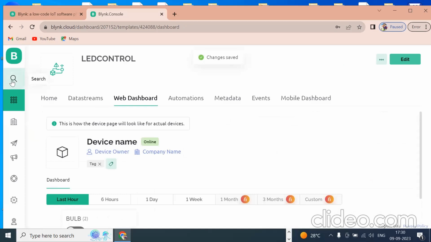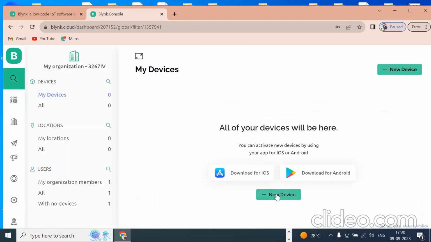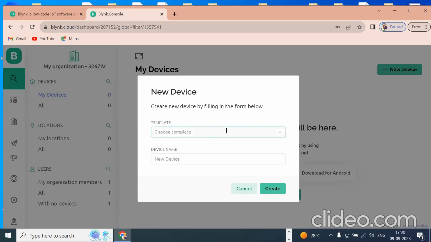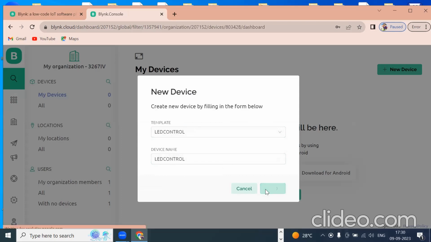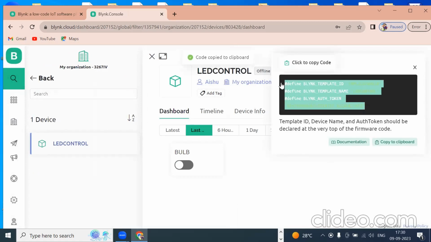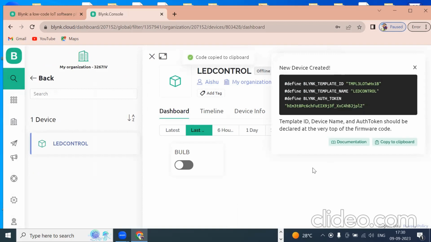Next, click on search. Click on new device. Click from template and choose the template. The template name initially I gave LED control. So this I should select and create. After creating, I'll get this code. The code is generated by the Blynk. Copy this code, click to copy code